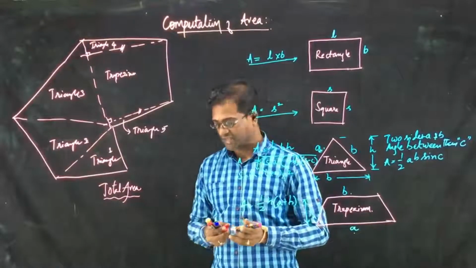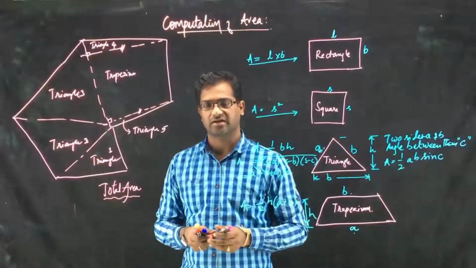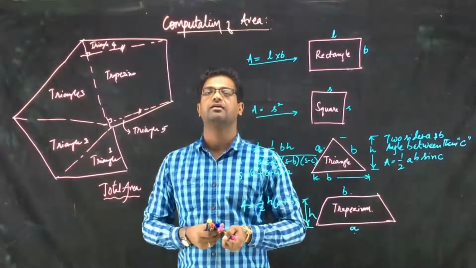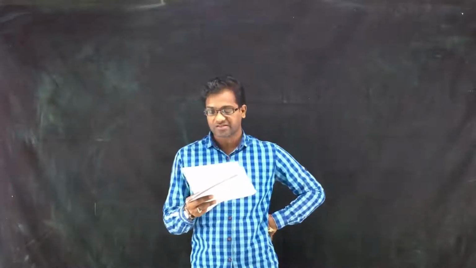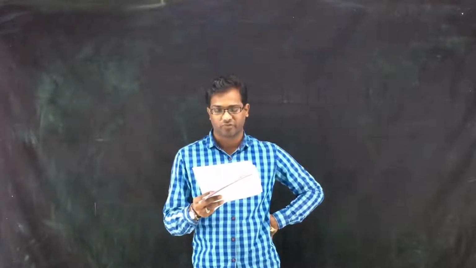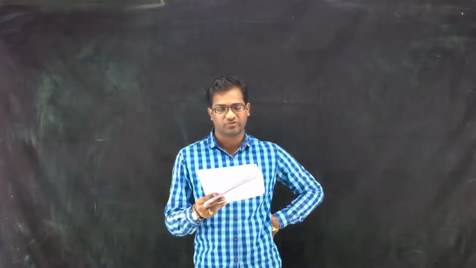Fine, so let us start now and do a few problems, and we will discuss how to do it. Let us do our first problem. A piece of ground has 3 straight sides, AB, BC and CD. The fourth side, AD, is irregular. The dimensions are AB 146 meters, BC 191 meters, CD 135 meters, AD 240 meters and AC 252 meters.